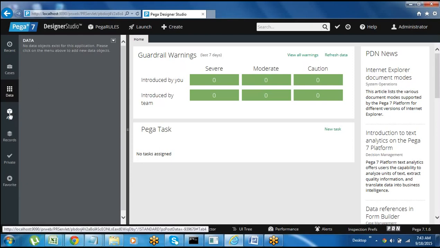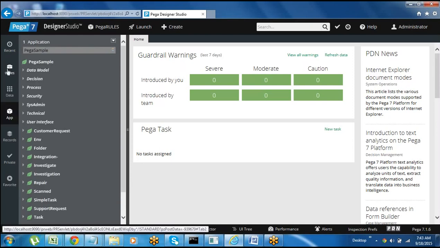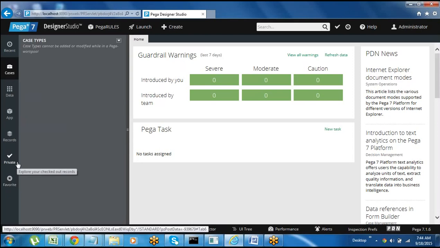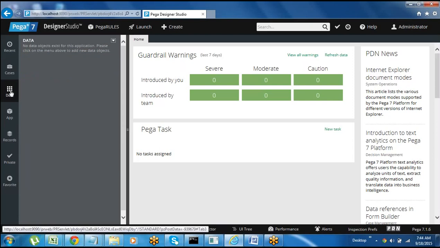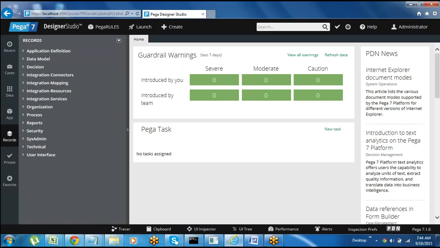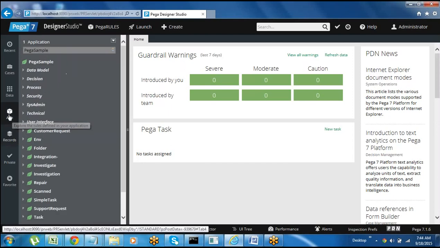So the ones we will importantly work with are the application explorer and the cases explorer. All the others I can say are given for look and feel purposes only. We will not use the other things very much. We'll mainly use the cases explorer and the application explorer; these two are main. So don't worry about the recent. Records means it will show all the records in hierarchy order, in alphabetical order. But we will not create anything inside that. If you want to create or design anything, we will do it only in the application explorer.